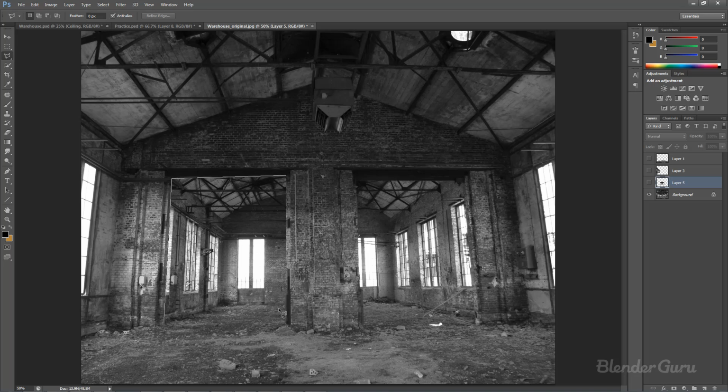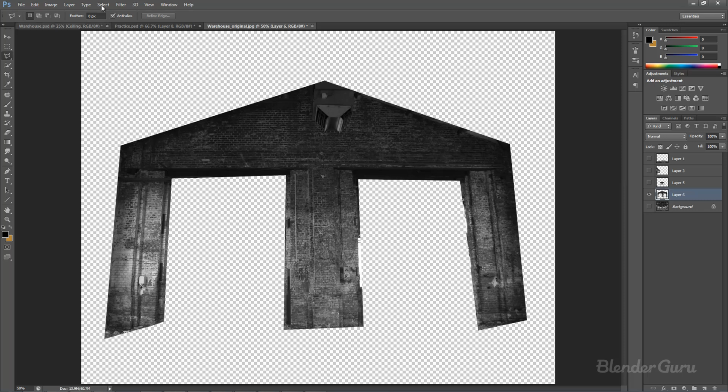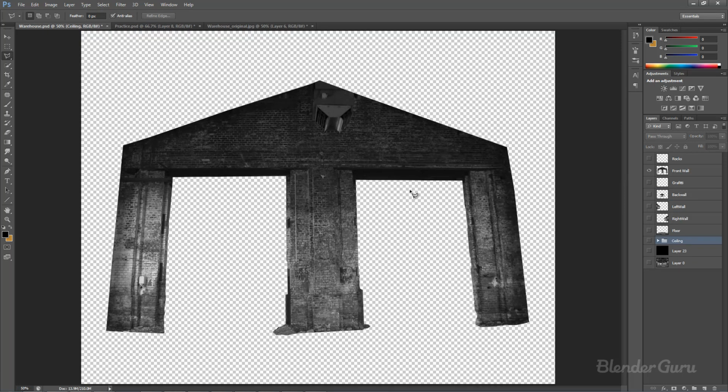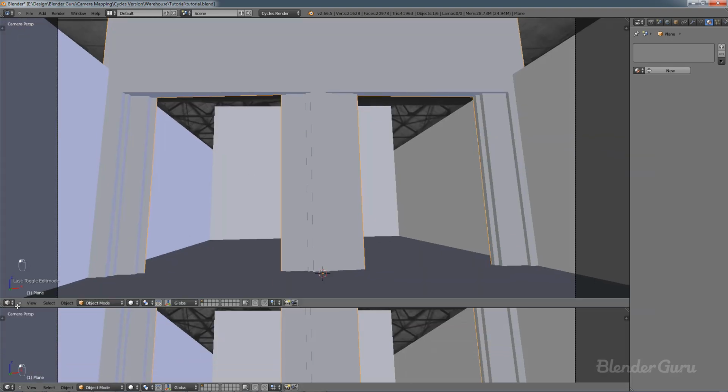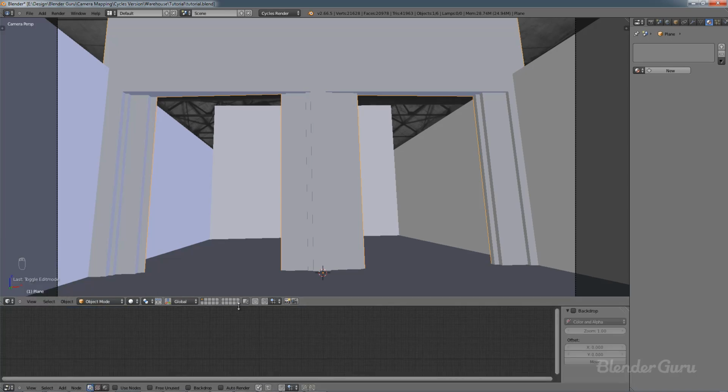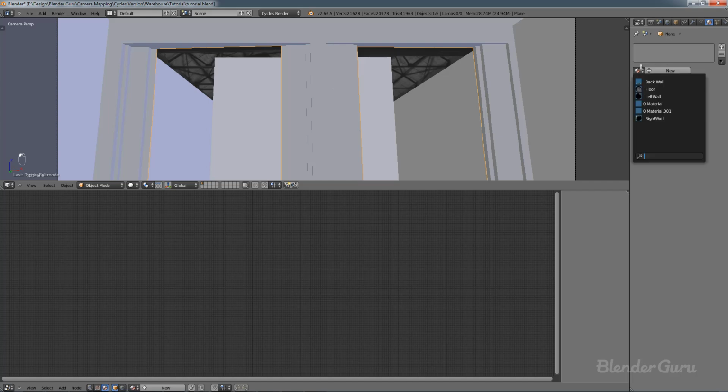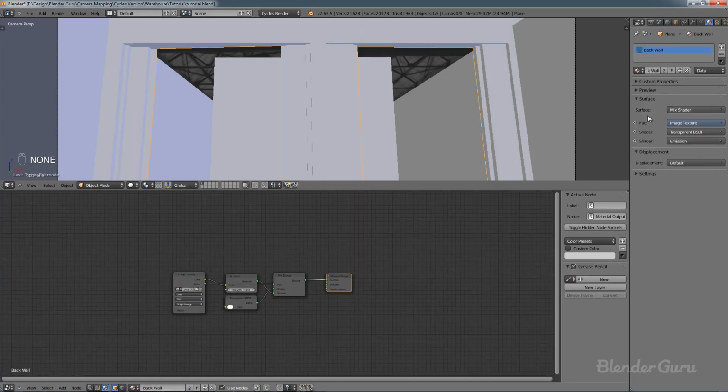You just use this polygonal lasso tool, and you just go back and forth like that. And you select it one by one, and you go bing, and there it is. And then you Control C, Control V, and then you save it, and then you end up with this. Essentially, when you put in more effort. Anyway, and then you go back into Blender, just like we did before, and move that across, grab this up, go node editor, and let's go materials, and I'm going to select the back wall, use this, and then let's call this one front wall,